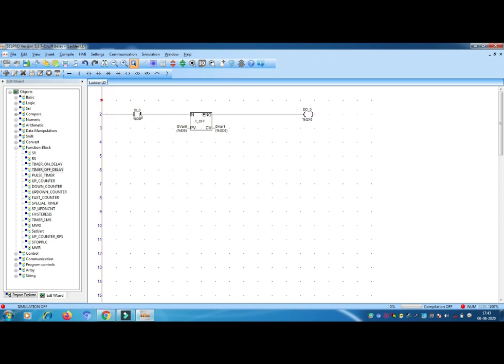Let's take that you have a main switch, and you want to operate two motors. This is your direct motor and this is your indirect motor, which means it is connected to the off delay timer. So I will take one more output. See guys, when we turn on the switch, what happened? Both motors are on, motor 1 and motor 2.